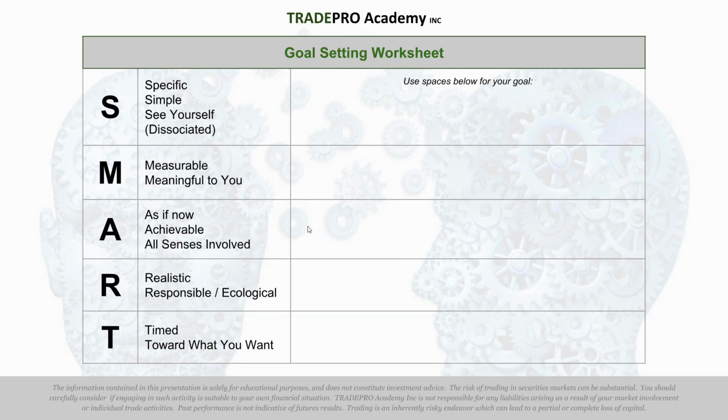Should take you about 5 minutes, 1 minute on each thing, and really think about it. All right? Write on there whatever you want. For example, foresee yourself in it. What will you see when you get that goal? If it's measurable, what kind of measurement would it be? What would tell you that you could measure it? Is it meaningful to you? Why? What makes it meaningful? All senses involved, what would it feel like, look like, sound like? Right? If it's realistic, why is it realistic? Right? How is it responsible? Who will it help or who will it hurt? What is it driving you towards, and what time frame are you going to put on it? All right, just one goal, 5 minutes.